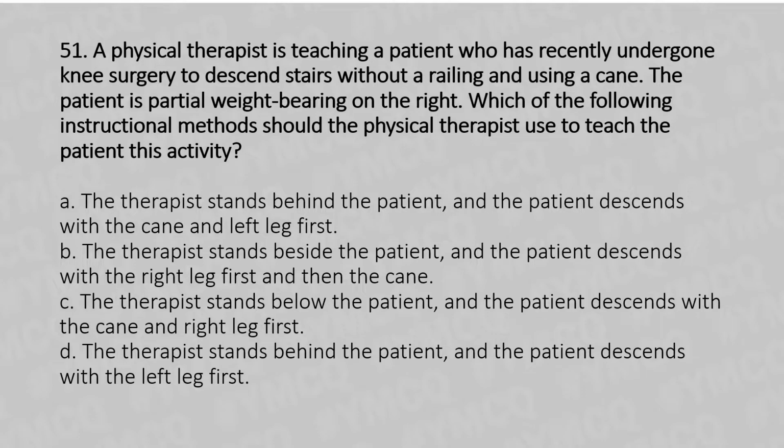Option A. The therapist stands behind the patient and the patient descends with the cane and the left leg first. Option B. The therapist stands beside the patient and the patient descends with the right leg first and then the cane. Option C. The therapist stands below the patient and the patient descends with the cane and the right leg first. Option D. The therapist stands behind the patient and the patient descends with the left leg first. And the answer is